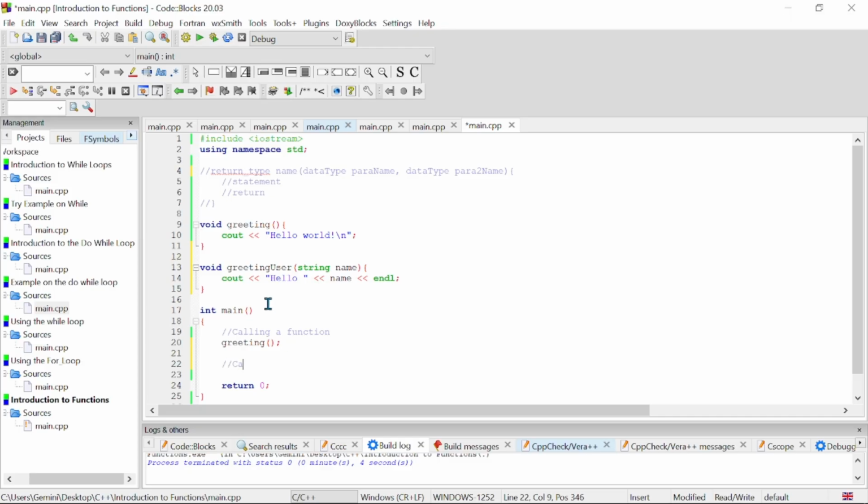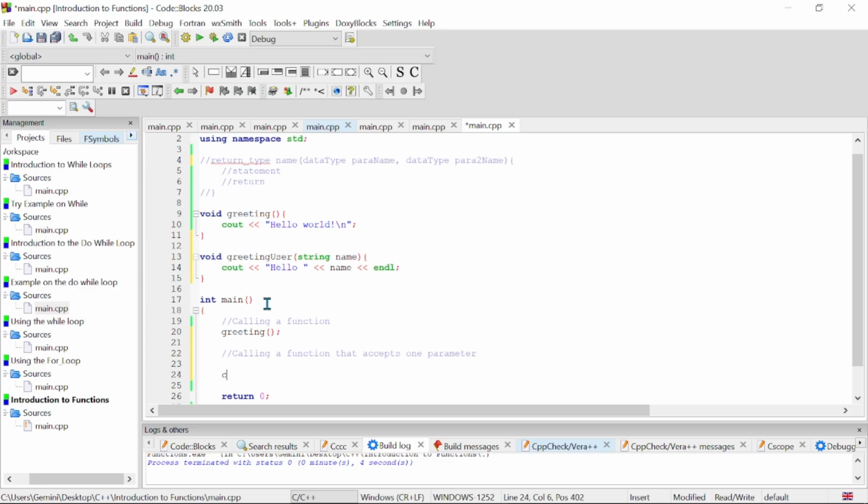So this time around, we are calling a function that accepts one parameter, right? So let's output a message to the user and then ask them to enter their name, right? So it says cout enter your name. Then we need a variable that will store the user's name, right? So we can do string